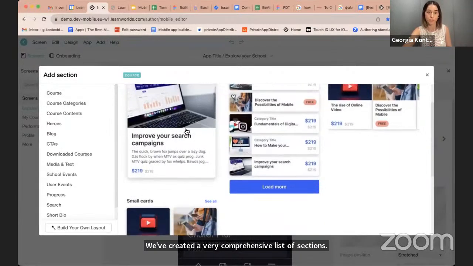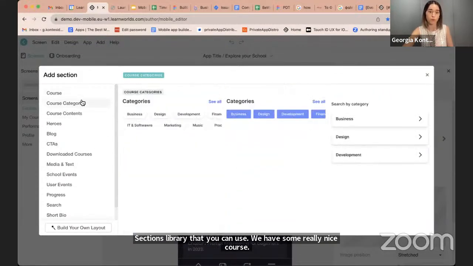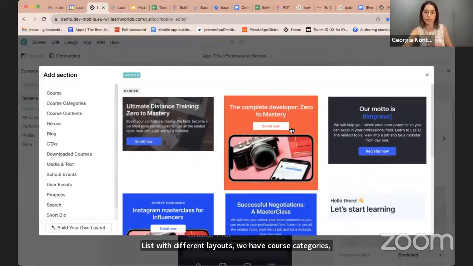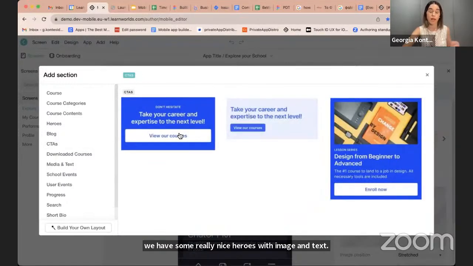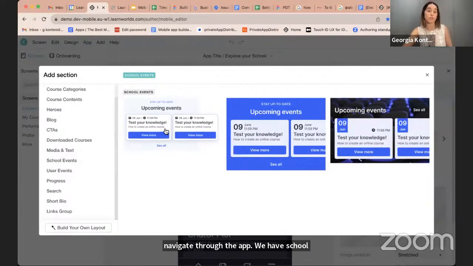We have some really nice course lists with different layouts. We have course categories. We have some really nice heroes with image and text and buttons, call to actions that help your users navigate through the app. We have school events, which is a new addition to the section library.